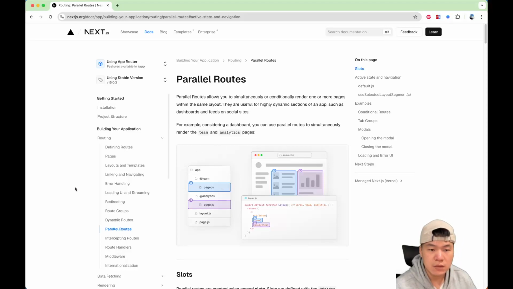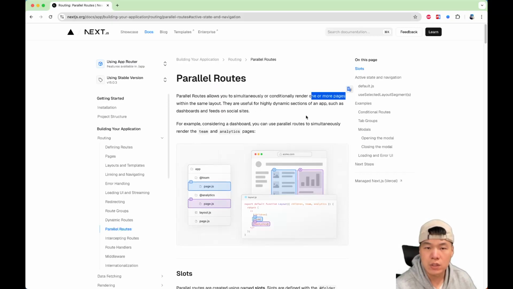Okay, on the next one, let's take a look at parallel routes. That's the interesting one. With parallel routes, you can render one or more pages within the same layout. So in order to do that,